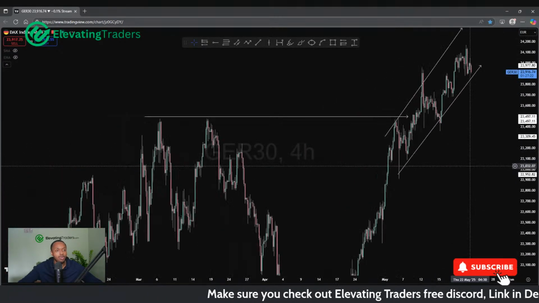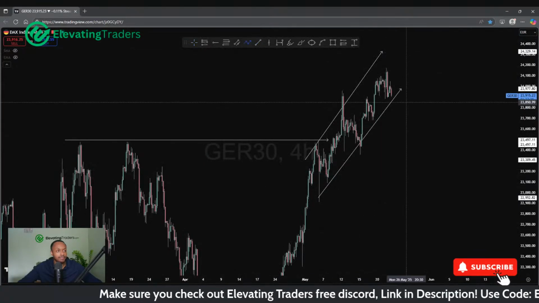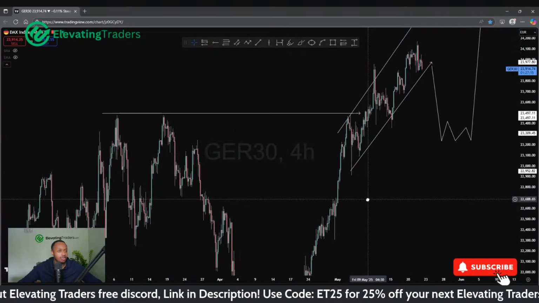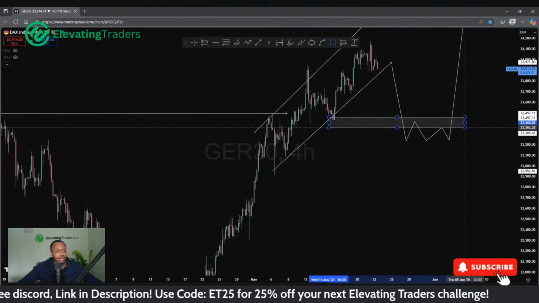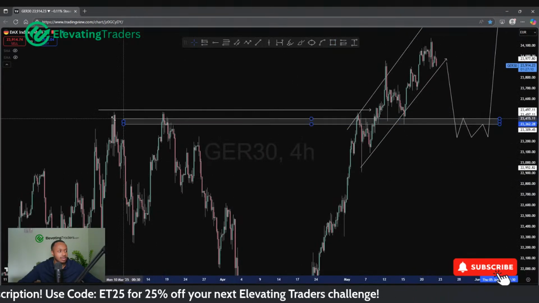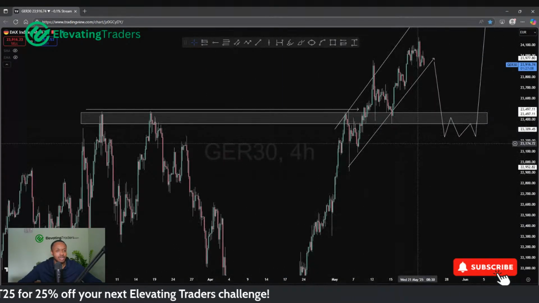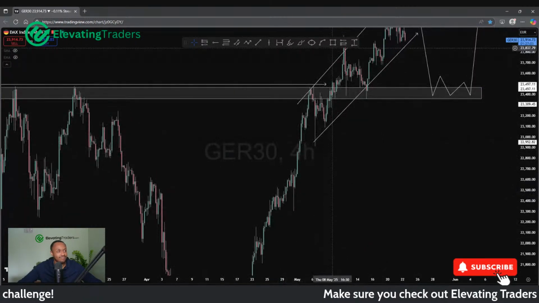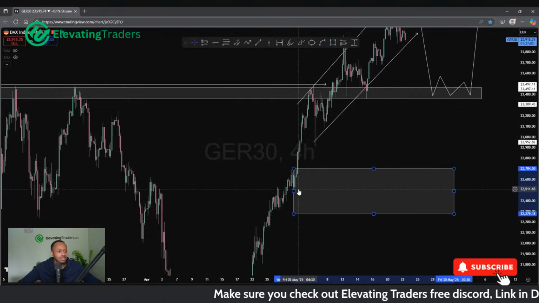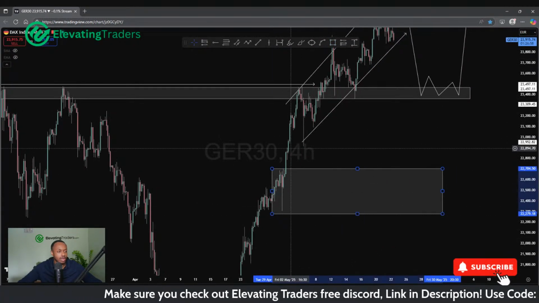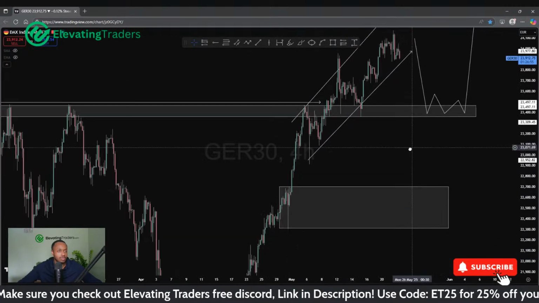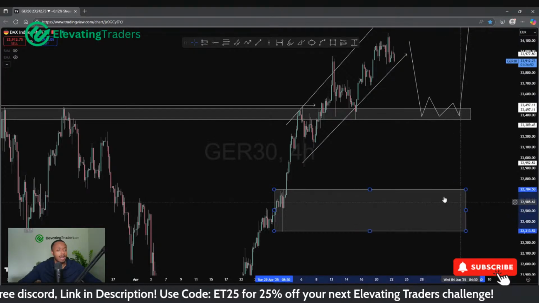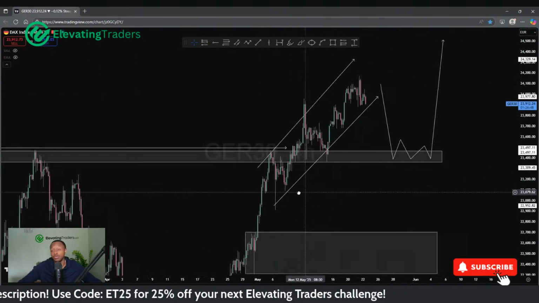So what I would be looking for would be that retracement and then somewhat of a higher low later on for a buy. Now, where would that higher low be? Potentially the low here. It lines up with resistance there to the left, so 23,400 could be an interesting area. I do like this wick here where we stabbed to the downside and then saw that flush of momentum. I think that's a great place for a buy. I'm not too sure if I expect price to retrace that much though, so I think the high here is the most likely option. But I still do expect more upside for the DAX.